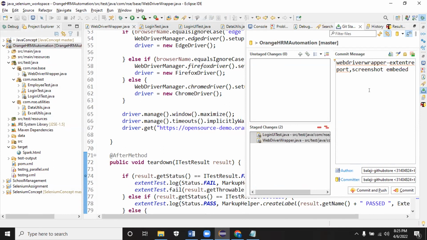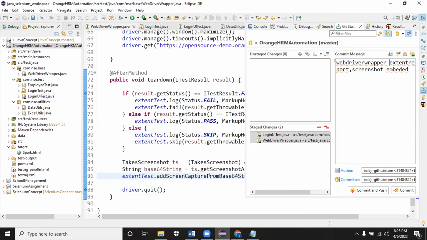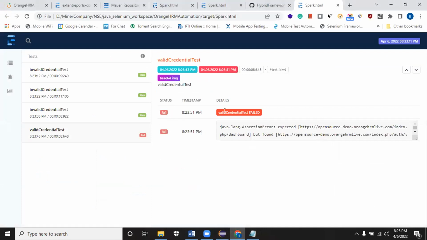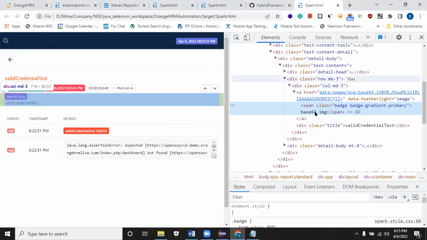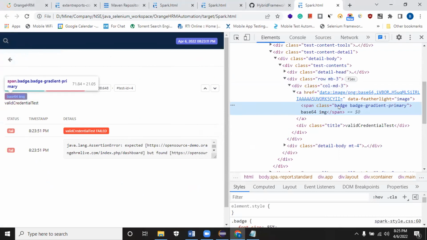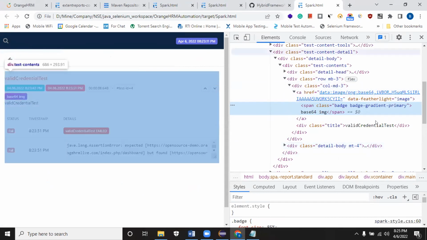You can create a file and do that, that is also fine. Save it as a file and embed the file. You can just add the file, add screenshot from file. That is one way. If you embed it and share this report, it will be available. It's not going to map it from the actual local directory. It just embeds directly into the report. That's the advantage here.